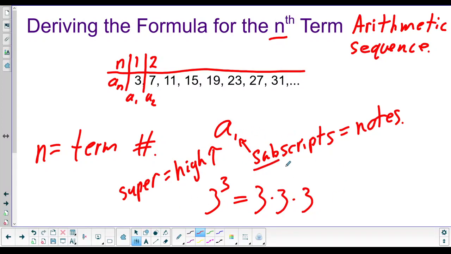Subscripts, sub as in submarine, sub sandwich, sub, I don't know, another word that starts with sub. Sub means lower, so a number to the bottom. Subscripts do not tell us to do a math operation. They're the way mathematicians write notes to themselves because it can get a little confusing with all the numbers flying around. So sometimes it's helpful to have notes, right? So now that we've cleared that up,